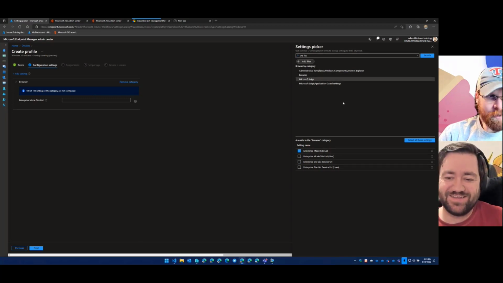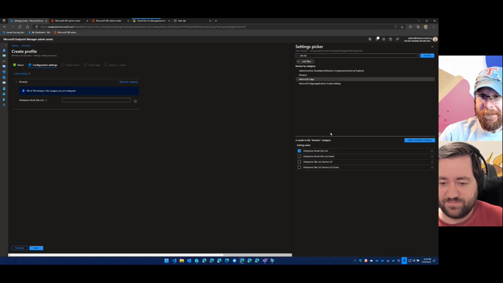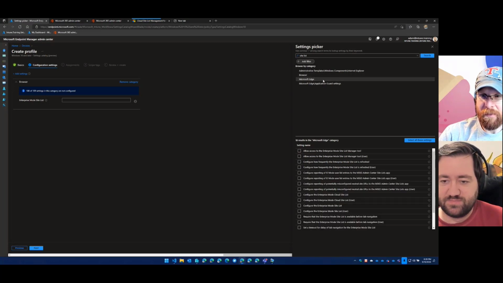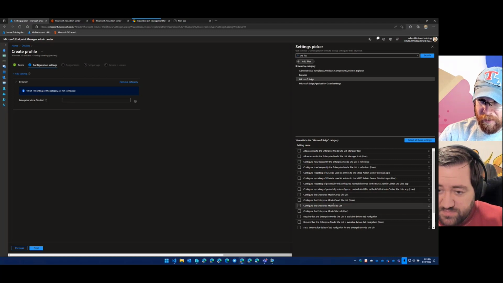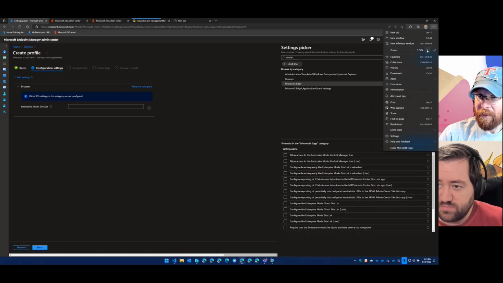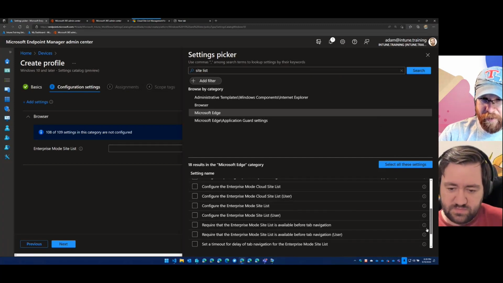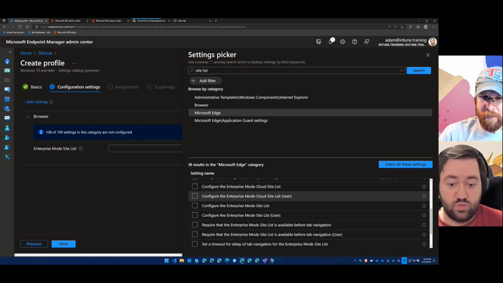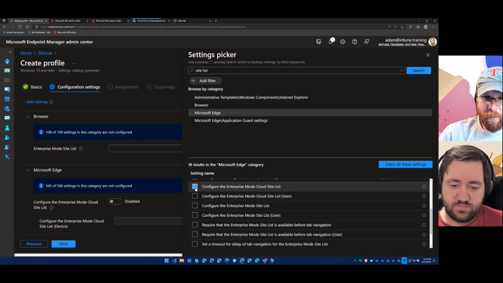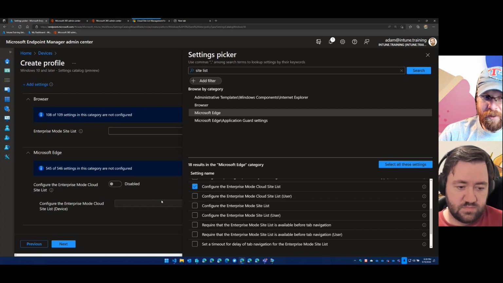Under Microsoft Edge, though, come on, Intune, move along. There we go. Check this out. There's a new setting. I'm going to zoom in a little bit. I'm going to zoom in a lot here. Configure the enterprise mode cloud site list. So you can do it on device basis or user basis, but you'll see here that you can configure this,